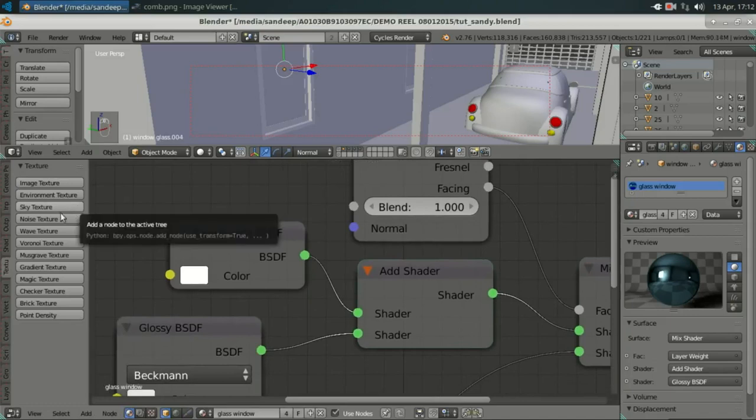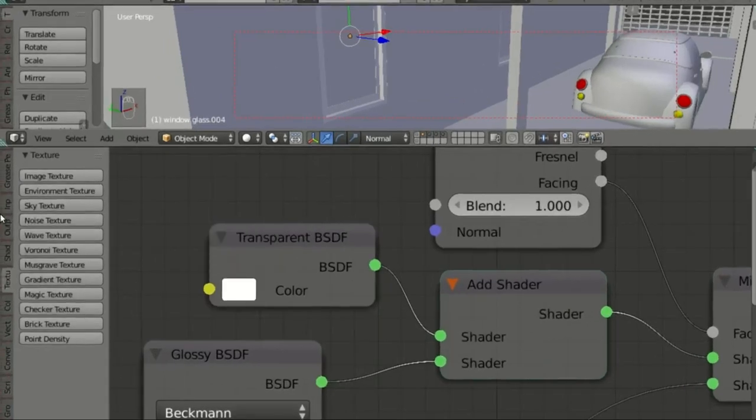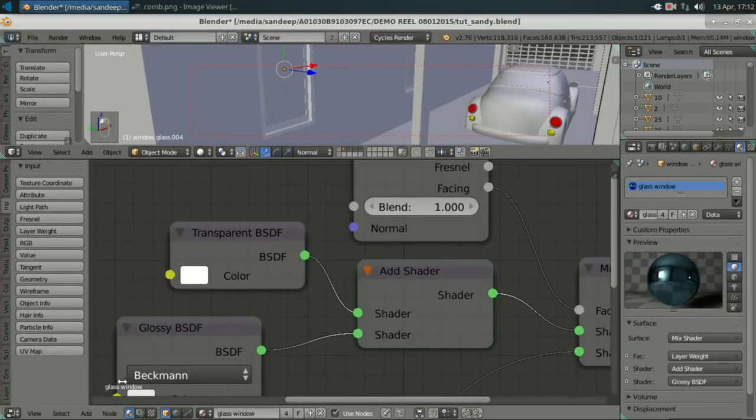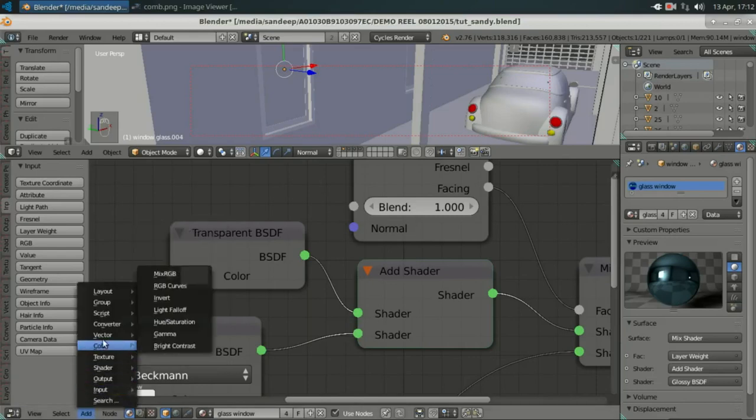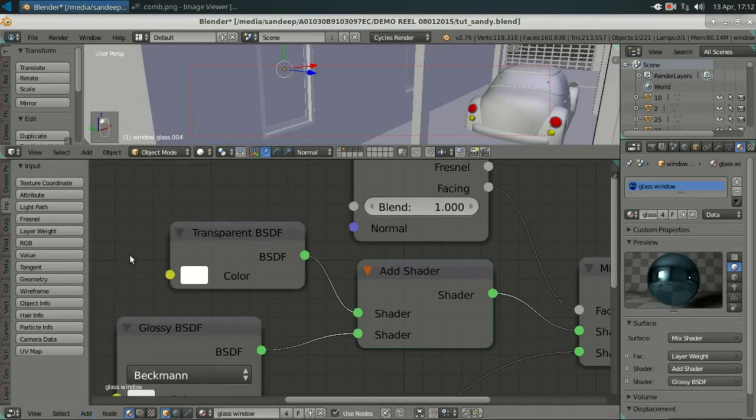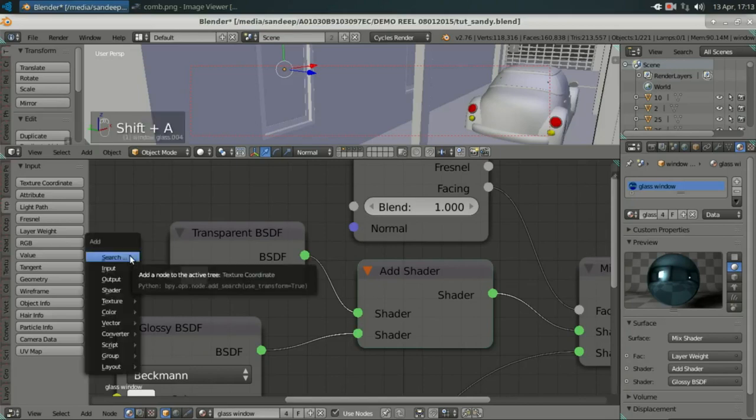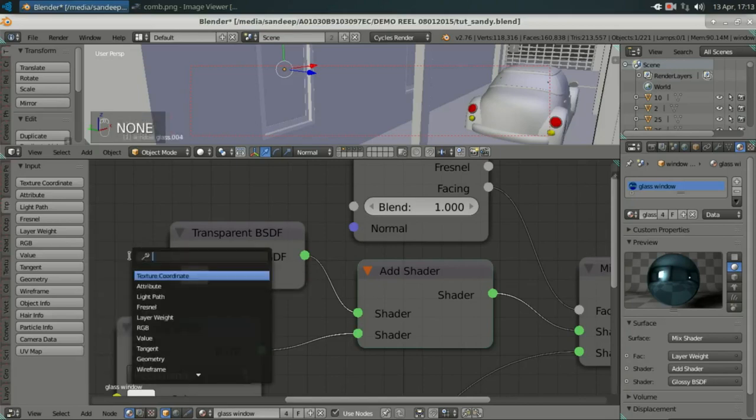You can find all the nodes here, or you can find from here. Or directly you press shift plus A, then press S and type anything what you need. Add shader,